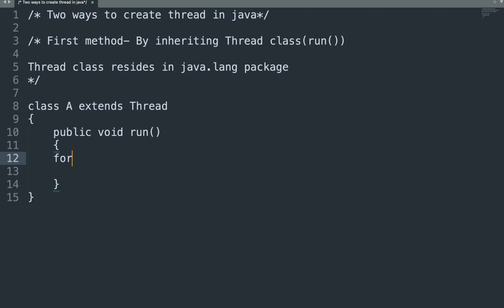Let us say we are writing a for loop with variable i starting from value 0, with i less than 10, and the increment operator.